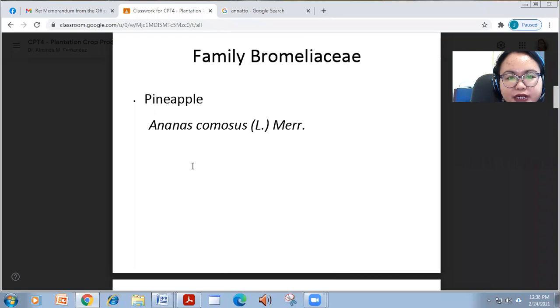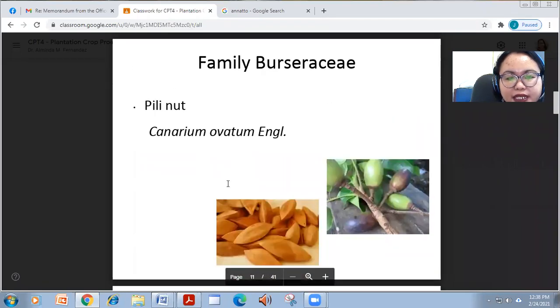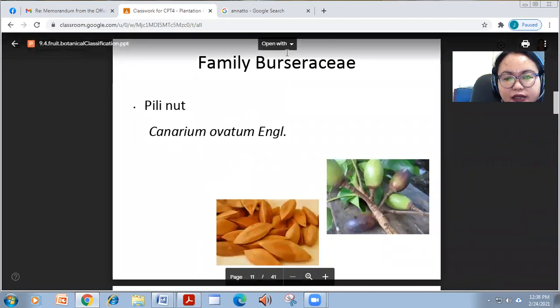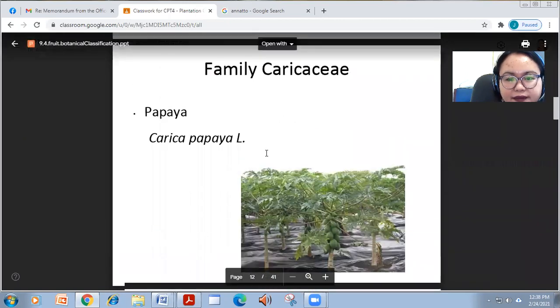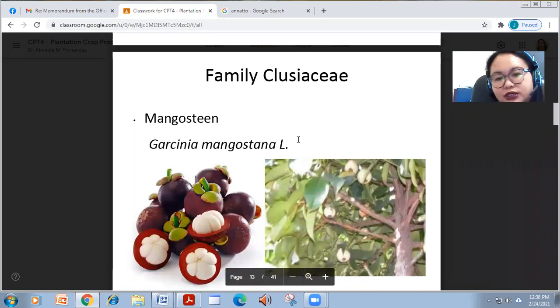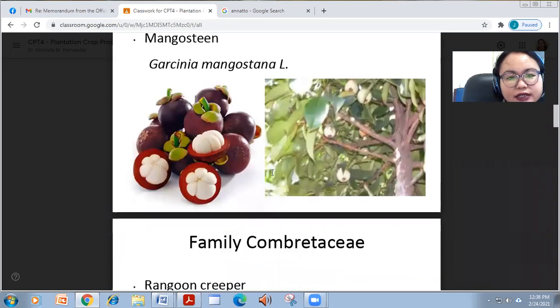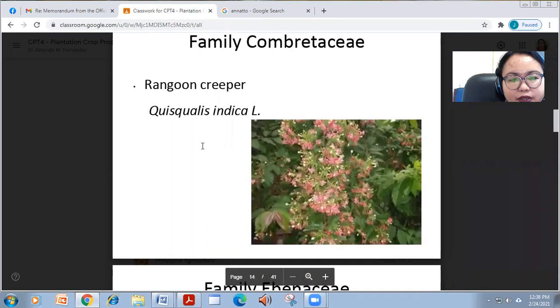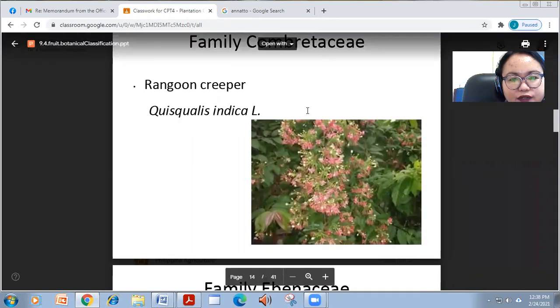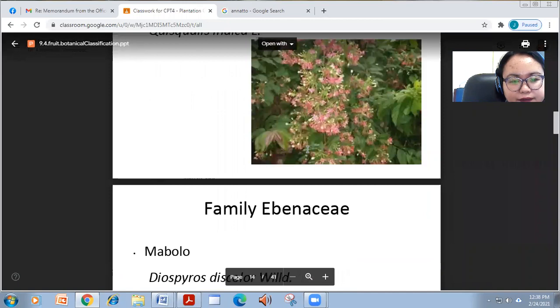And family Bromeliaceae, pineapple or Ananas comosus, pili nut, the Canarium ovatum, and the family Burseraceae. And family Caricaceae, Carica papaya.